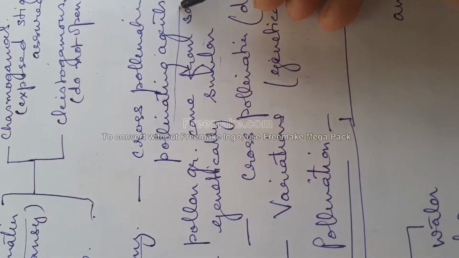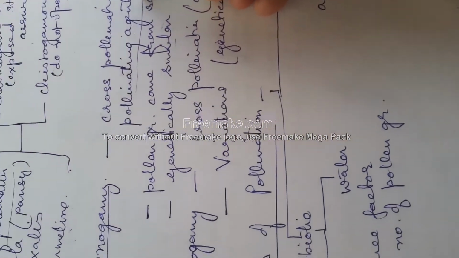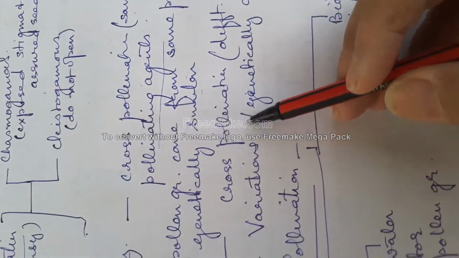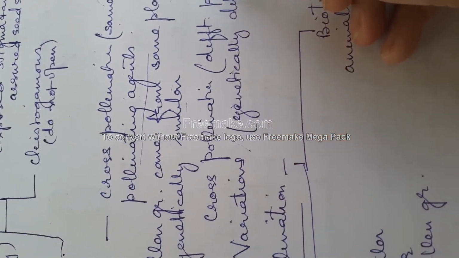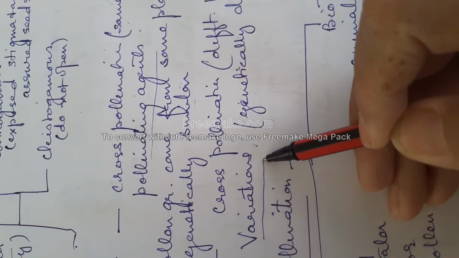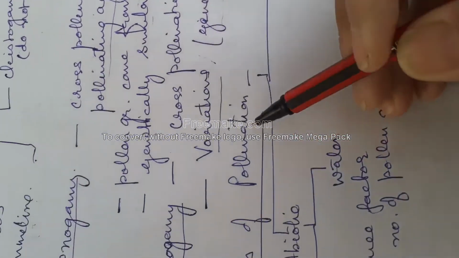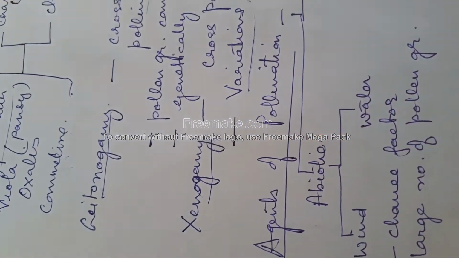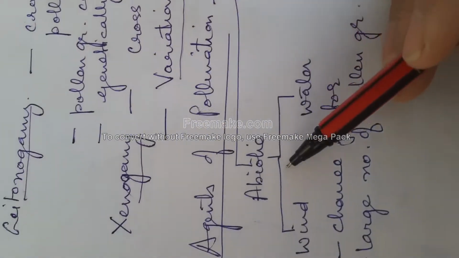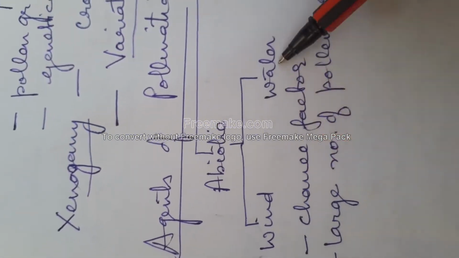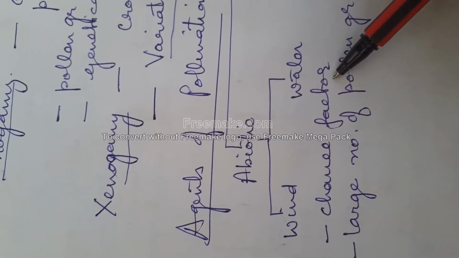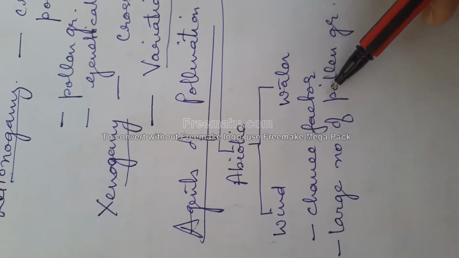Now inside this functional megaspore, the nucleus divides mitotically to form 2 nuclei which move to the opposite poles. Like here, the nucleus divides and moves to the opposite poles. So this is also called a 2 nucleate embryo sac. Now 2 more mitotic divisions occur which further divide these nuclei into 2, and so that becomes the 4 nucleate stage, and later on it divides further and they become the 8 nucleate stage.